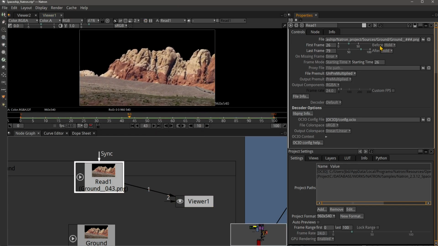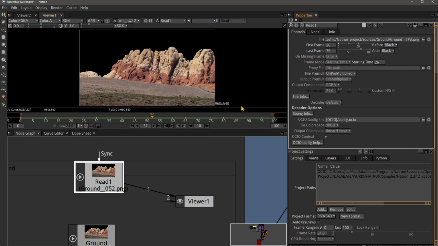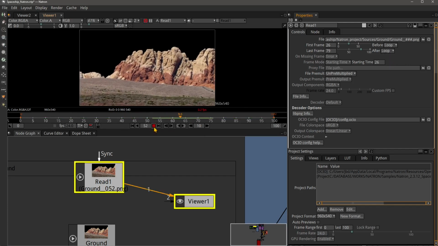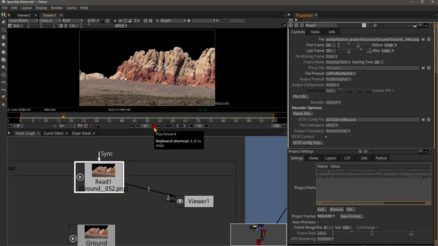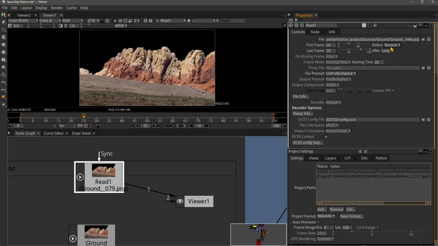So it means that the last frame is going to hold until the end of the composition. If you do black, you can see here that once it reaches the last frame, it's going to be black, and until it reaches the first frame, it's going to be black. Or you can change this. You can make this a loop, so it's going to restart when it touches the first frame, or the last frame is going to restart. Or you can do bounce, which is going to go backward. So it's kind of inverting the time, inverting the footage. Or you can do, what